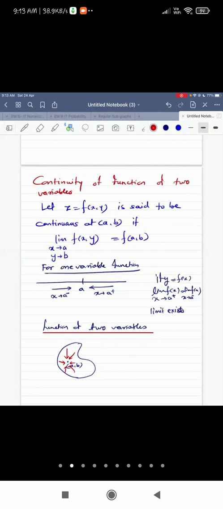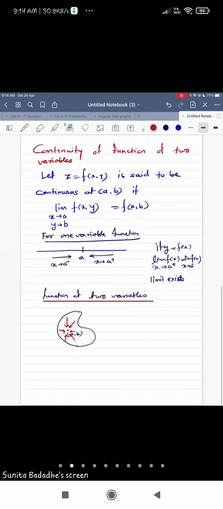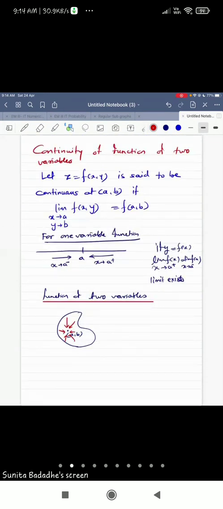We are not going to discuss all those things, but you just need to know that for the one variable case, we consider only the left and right limit, but for the two variable case, we have to consider the limit along infinitely many directions, and those limits must be equal for the function to be continuous. Whichever problem will be given to you will satisfy all these conditions, and you'll not have to worry about how to find the limit, etc. Okay, so function of two variables. So here the limit is